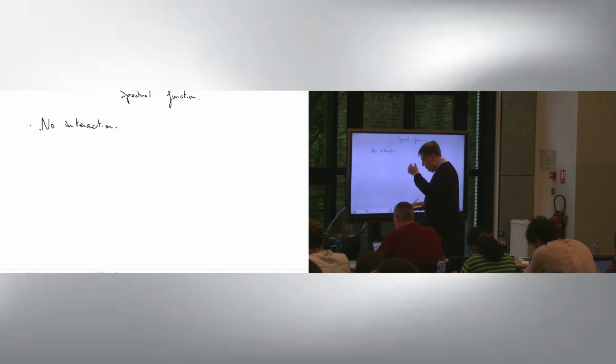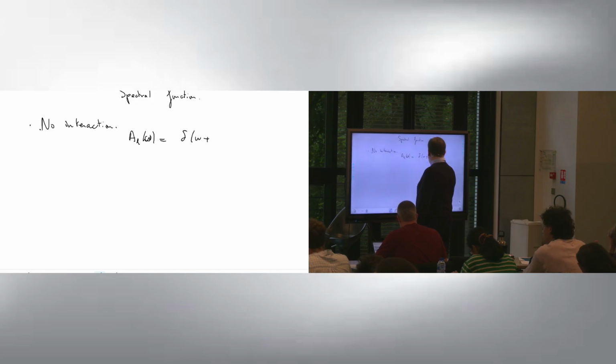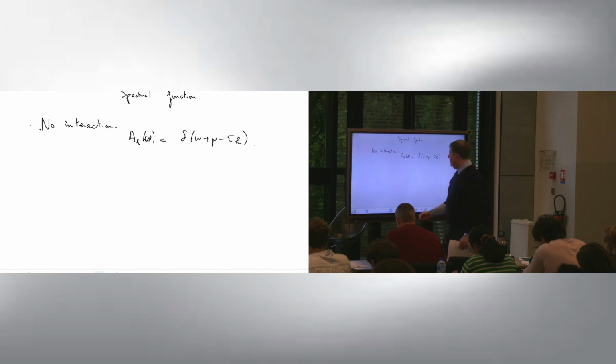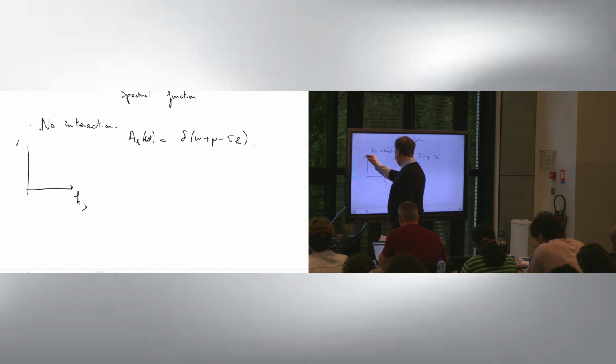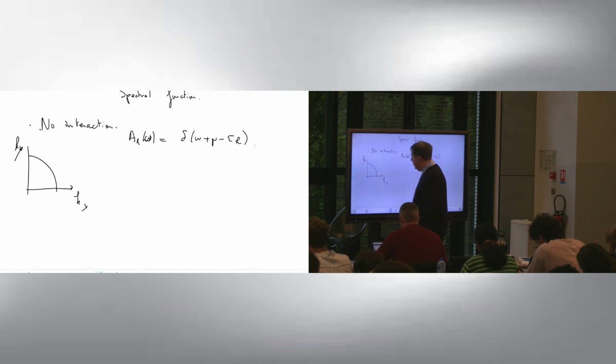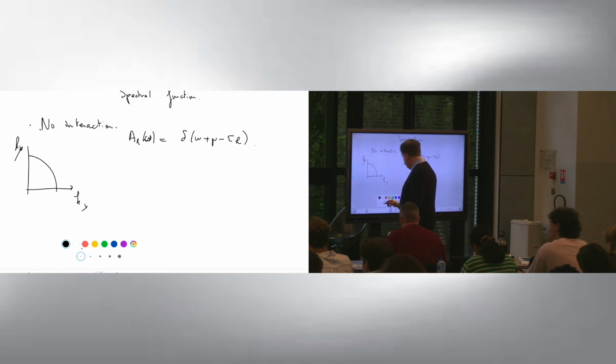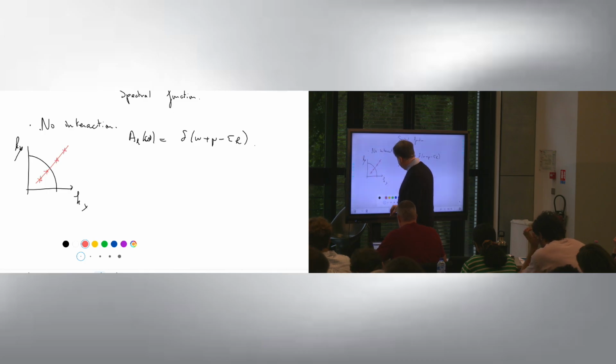Well, I gave you the answer before: A_k(omega) is equal to delta(omega + mu - epsilon_k). Which means that if I look at a free electron system as a function of kx and ky, and I look across the Fermi surface, for example, a couple of points like this,